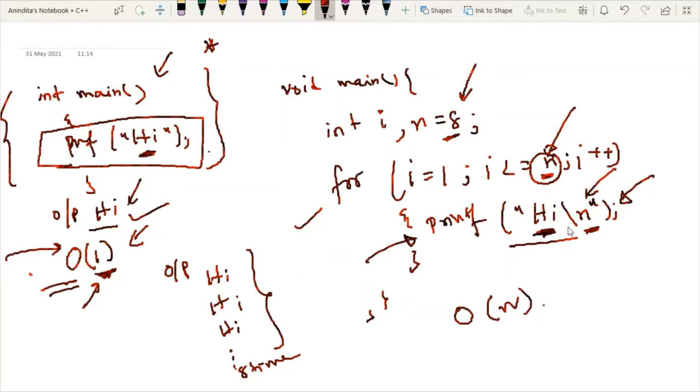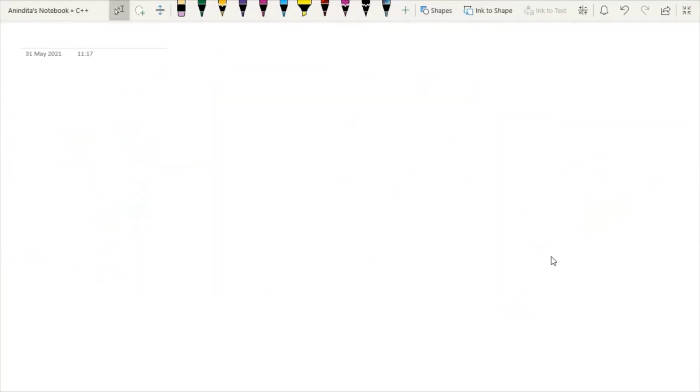Now, we cannot write the time complexity straight away like this. We have to follow some mathematical analysis too. Now I am giving you one specific example and the mathematical calculation by which you can calculate time complexity. But before giving the example, I am giving you some assumptions.